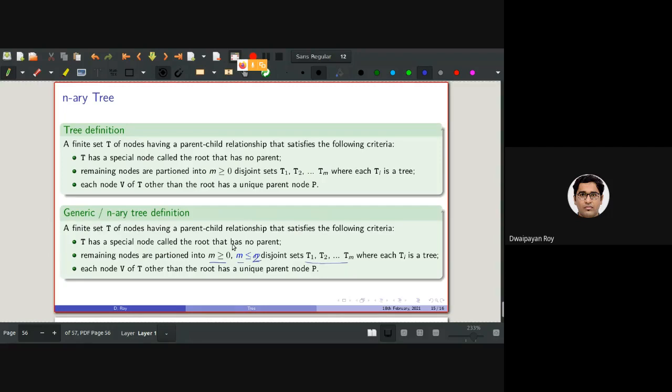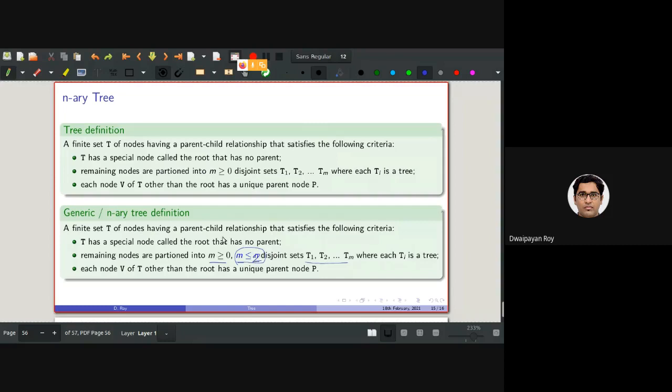So I was extremely sorry, I have made a small mistake here. It should not be here. That's why I'm kind of stumbling here as well. So basically remaining nodes will be able to partition them, but for each node, the number of children will be, so basically there will be one another condition associated with it. It's wrong thing that I have written here. So all the nodes can be, I mean, we will be able to, oh no, it's actually right. I mean, I have defined it in a separate way.